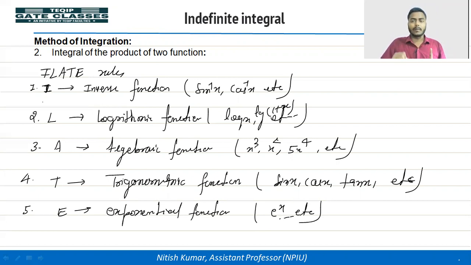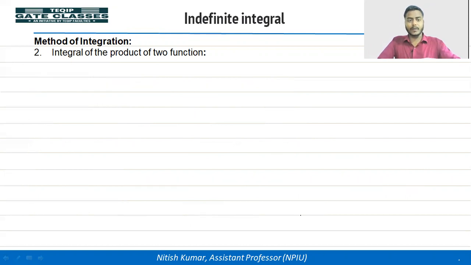So we have to choose u and v according to the Euler rule. The first one is inverse. If there is an inverse function in the function, that would be the first function. The rest is the second function. If there is a logarithmic function and no inverse, then the logarithmic function would be the first function, the rest the second function. So these are the priorities. If an inverse function is not present, then the logarithmic function will be the first function. So according to the Euler rule, we choose u and v, the first and second function. Let's take a few examples.